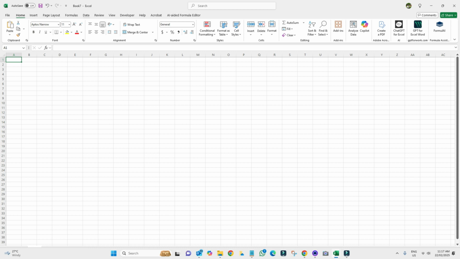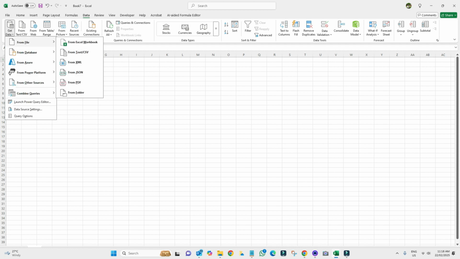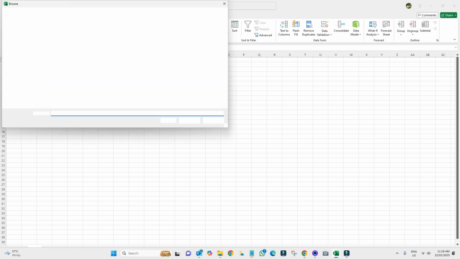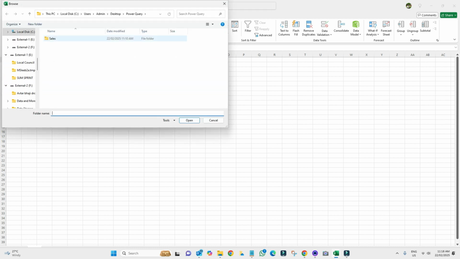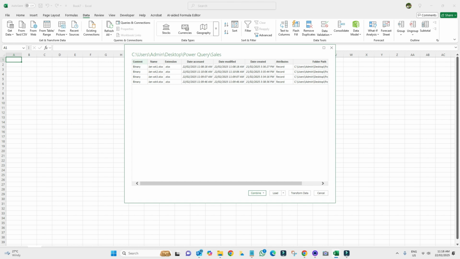What we need to do, go to data. It's a similar process. Go to data, get data, and here from file, instead of going from Excel workbook, we go to our folder. From folder, so I have saved this folder here, and then click open, and a new window will pop up here. So we can see our files here. Click on transform